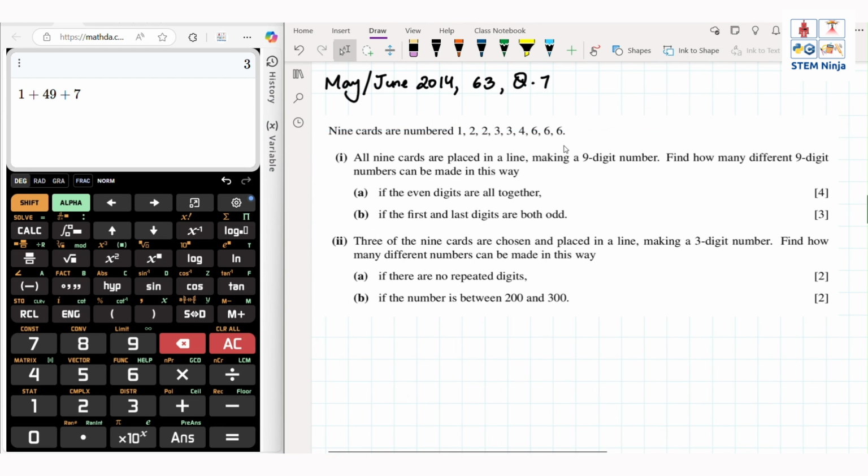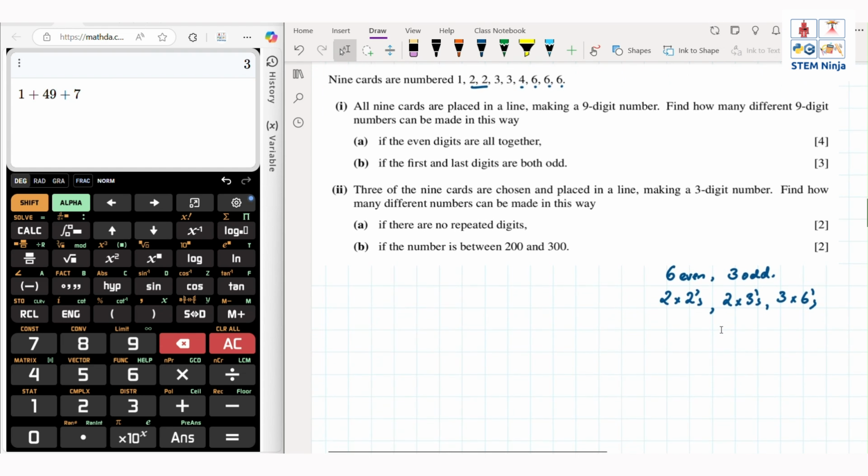So from these 9 numbers, we need to count how many even digits there are. So 2 over here, 3, 4, 5, 6. So we have 6 even numbers. The rest would be odd. But how many are the duplicates? So we have 2 2's, we have 2 3's, and you have 3 6's. Okay, so we need